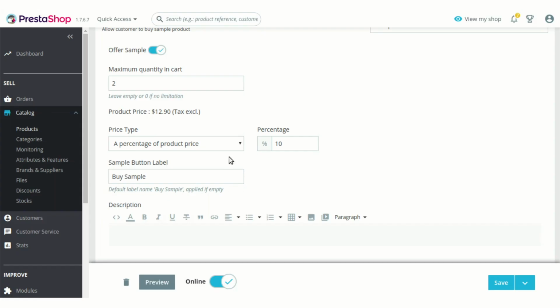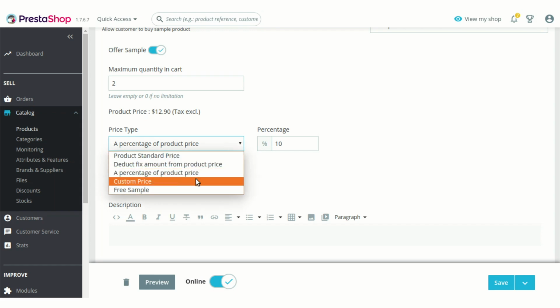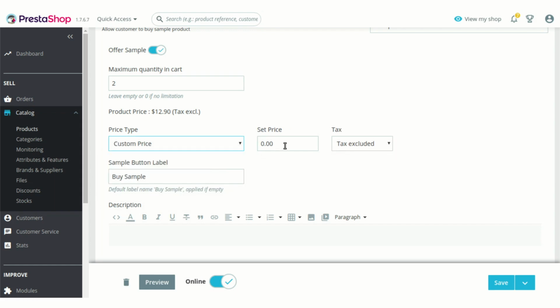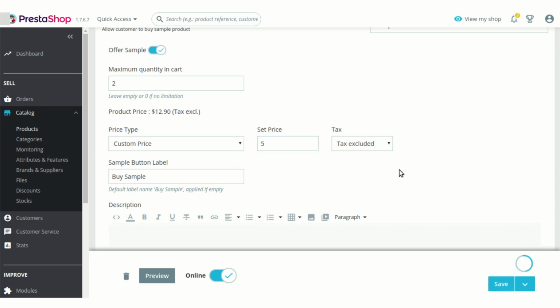$11.61. By deducting a 10% amount from the original product price, now this sample will be offered at $11.61. Now let's see next option, custom price. Using this, you can choose to offer a sample at whichever price you want. You can also choose to offer it at a price more than the original product price. But now let's just set it to 5 and see what happens on the product page.